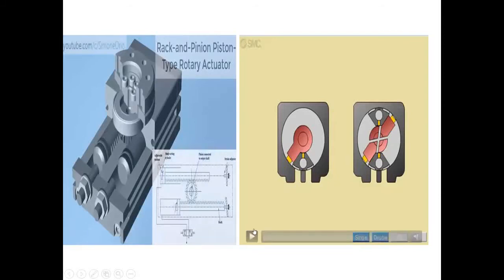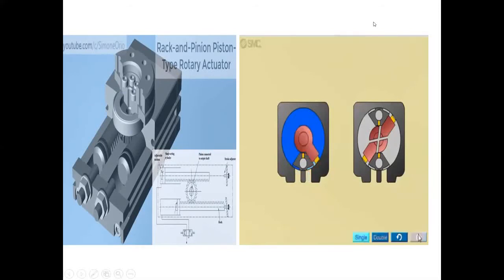So we are having another video here. Here again, using this hydraulic oil, we are getting this rotary motion. That's why we are naming it as rotary actuator.